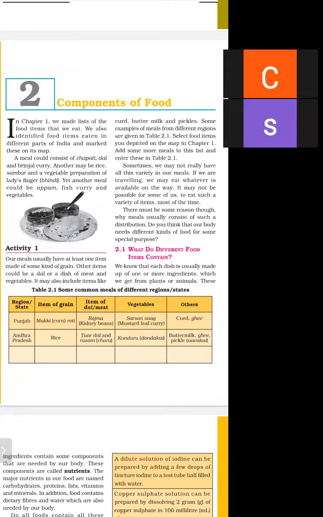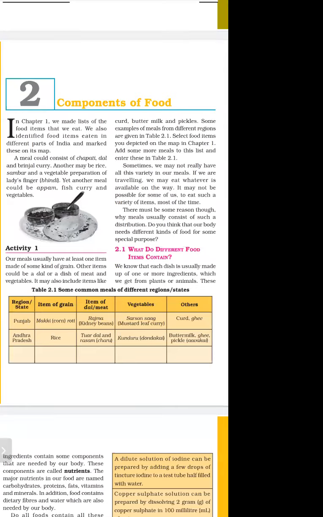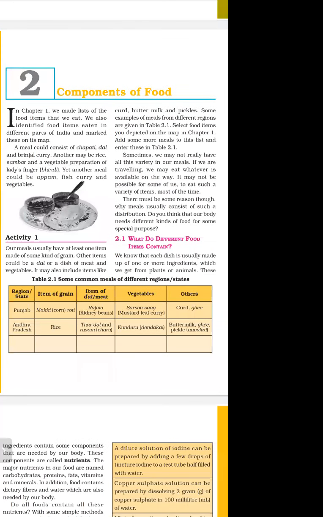So please note down these terms. What are the components of food? First component is carbohydrates and fats, and this gives us energy. These are called energy giving food, and fats give more energy as compared to carbohydrates. Second component is protein, and these are called body building food. Next is vitamins and minerals. These are called protective food, and these protect us from any disease. Next is fiber, and fiber is obtained from roughage.